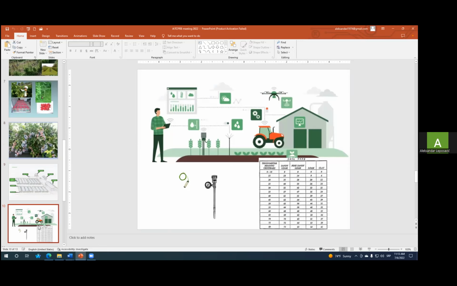The result of this project is the application of IT technology in the production of raspberry and blueberry fields, and this will significantly increase the yield and improve the quality of these fruit species for the needs